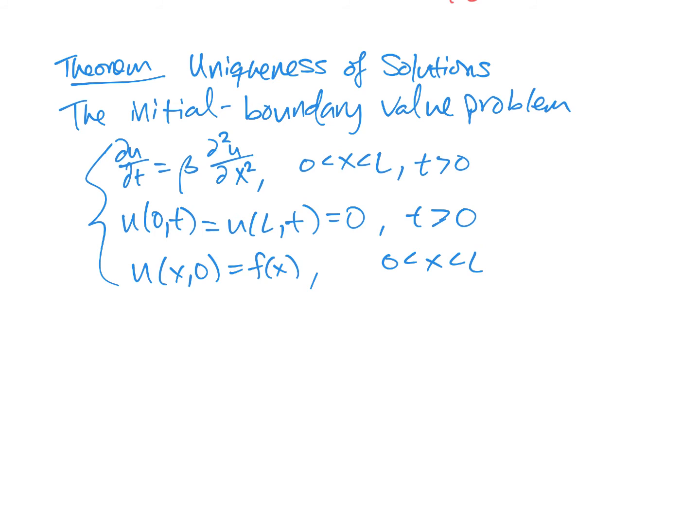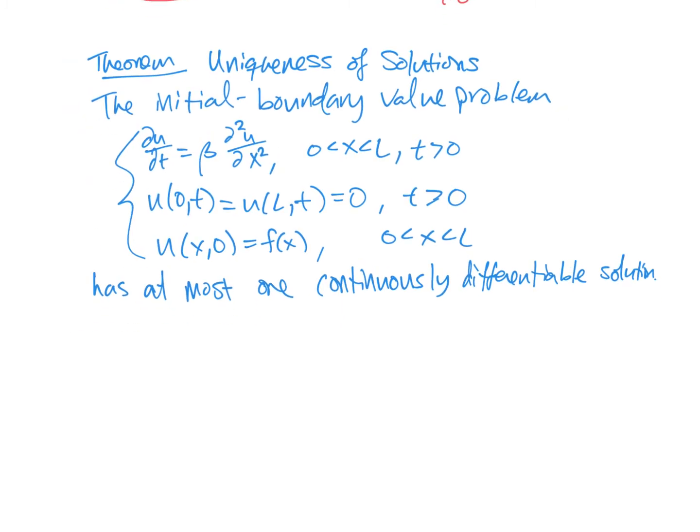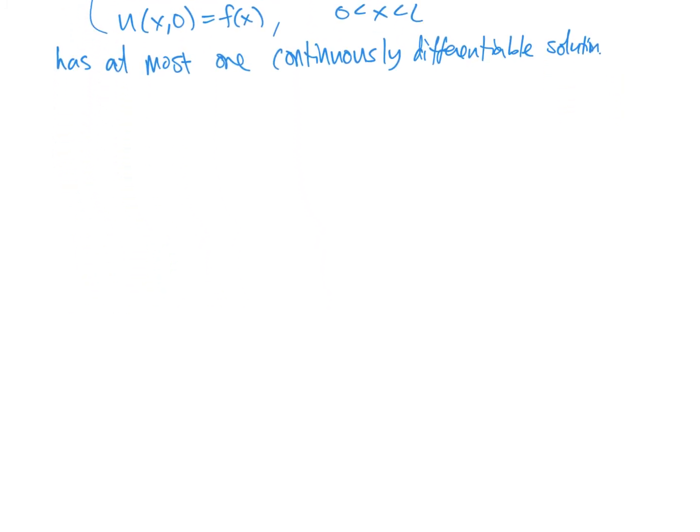So our statement here is that this problem has at most one continuously differentiable solution. And now we can prove this using the maximum principle that we had before. So the way that you prove a uniqueness statement is usually by assuming that you have more than one solution. So we will